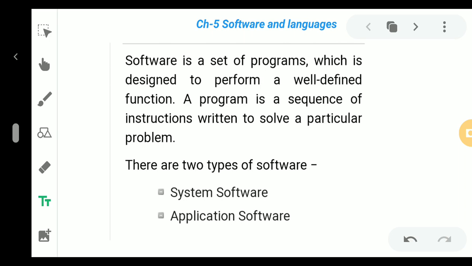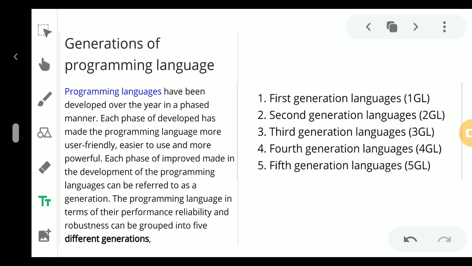And what is a program then? A program is a sequence of instructions written to solve a particular problem. There are two types of software: one is system software, another is application software. We will come to the types of software later, but right now we will discuss